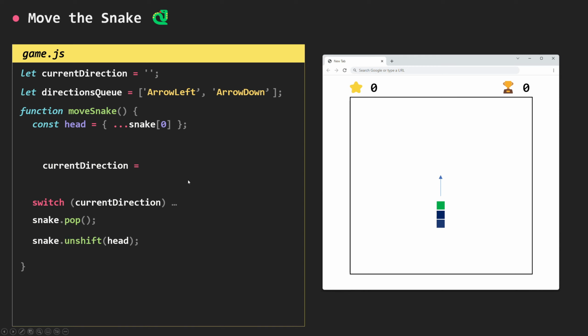So I need another line here to remove that direction or that element from the array. So here what I need to do simply is use a method called shift. That's the opposite of pop. So pop will remove the last element and return it. Shift will remove the first element and return it. So now I'm gonna go here and get arrow left set to current direction and also remove arrow left from